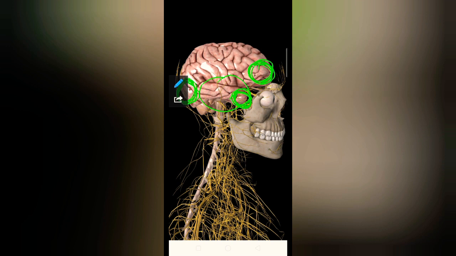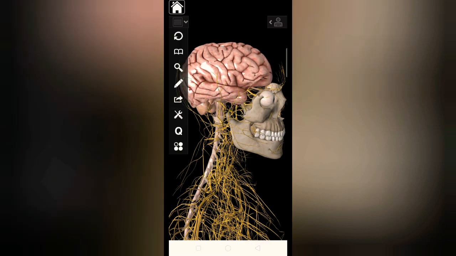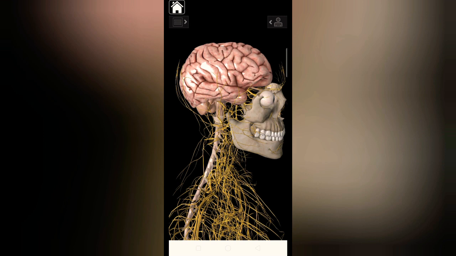So what we have to remember is that the cerebrum has three surfaces, four borders and three poles. The three surfaces are the superior lateral surface, the medial surface and the inferior surface. And it has four borders: the superior medial border, the inferior lateral border, the medial orbital border and the medial occipital border. And it has three poles: the frontal pole, the occipital pole and the temporal pole. This much we are clear. Now the lobes. Lobes are actually defined with the help of the sulci present.